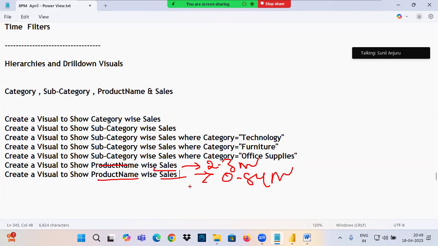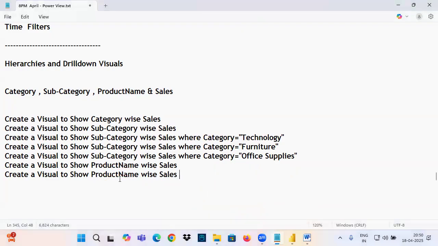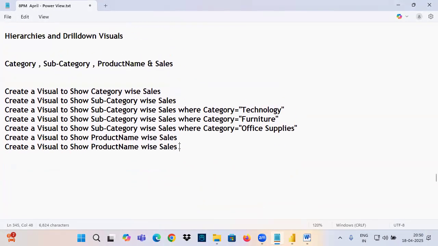Then you want to show product name by sales for furniture. How much? 0.74 million breakdown. Then I want to show product name by sales for office supplies. 0.72 million breakdown I need to show. Product name by sales where